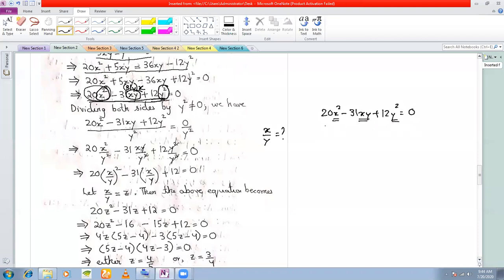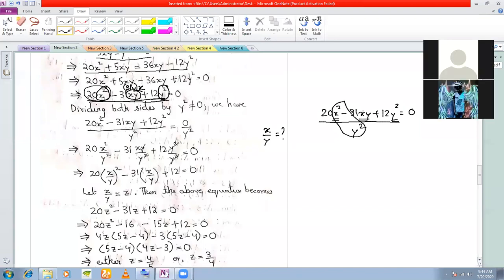So if I divide both sides by y square, definitely this will become my x square by y square. Here what will happen? y will cancel, so that I'll only get x by y, and here y square and y square will cancel, so that I'll get 1. So ultimately, see what am I getting here? I'm getting in fact a quadratic in x and y this time. See x by y whole square, x by y, and then a constant. Okay. So in fact, I'm getting a quadratic in x by y.